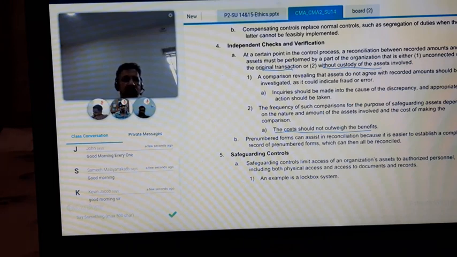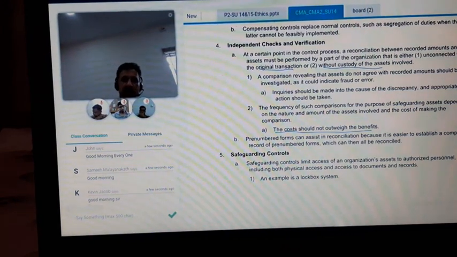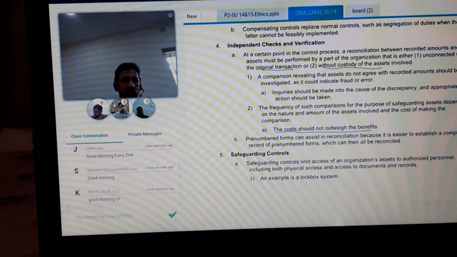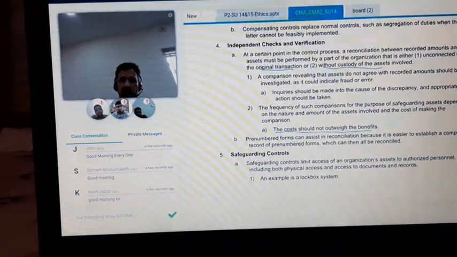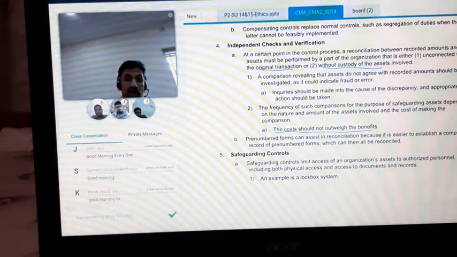So when there is a discrepancy, whether when you go for physical verification or bank reconciliation, appropriate action should be taken on a timely basis. When it comes to independent check and verification,